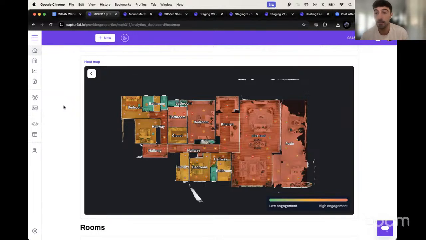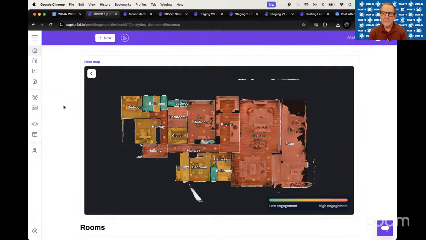Let's say we have a heat map for a gallery or museum. And so customers can get really good insights about what specific artworks or pieces have been interacted with or viewed the most. So rather than just a general overview of this tour has had X number of views, you can really understand how and where people are interacting with the tour the most and getting the most value and pleasure out of that experience. So yeah, there's a few different use cases for different industries, but really pinpointing the specific scan points or sweeps and then rooms that are getting the most views as well.